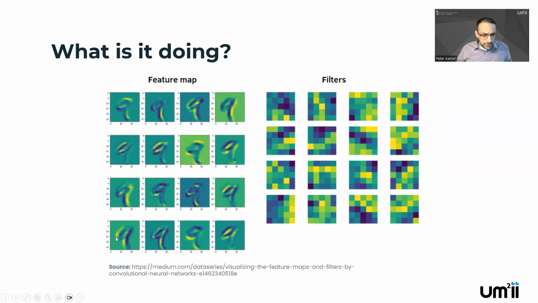And then take a look at this one here. All the left edges end up being very bright. All the right edges end up being very dark. So at this level, it's detecting just maybe where the right side edge of an image is. And maybe there are other ones that look at the lower parts, or maybe ones that detect where loops are. And what happens is when we do this over multiple iterations,